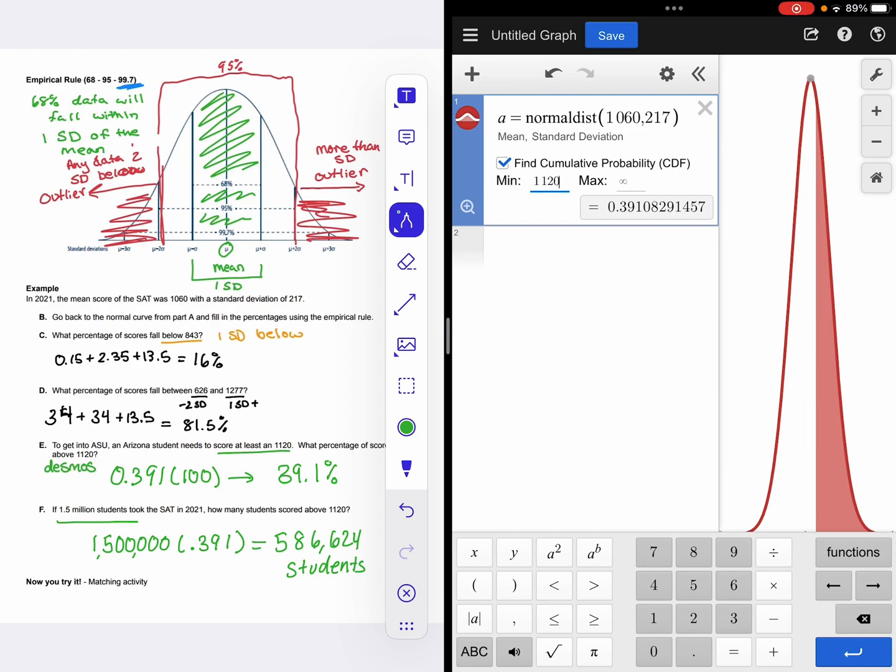If you click on to the next slide, you're going to get an opportunity to practice using a normal distribution calculator, and then keep going, and we're going to learn how to figure out if something is an outlier using our normal curve.